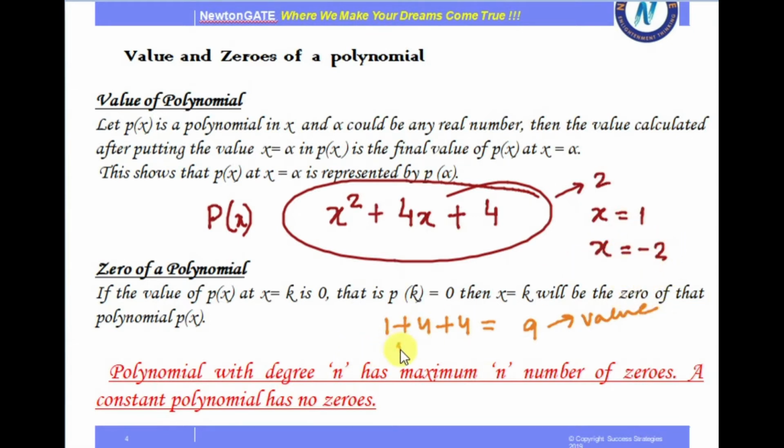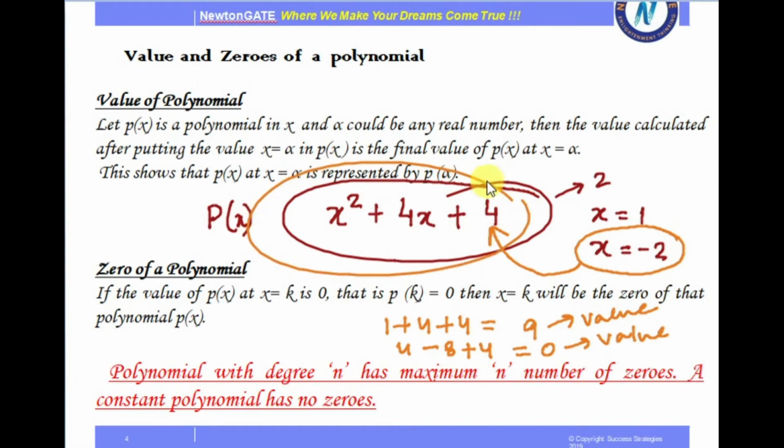We get 4 minus 8 plus 4, that is equal to 0. Yes, this is still the value of the polynomial at x equal to minus 2, but this has a special name also. That is, x equal to minus 2 becomes the 0 of the polynomial. Why? Because when we put x equal to minus 2 in this equation, the value of this equation becomes 0